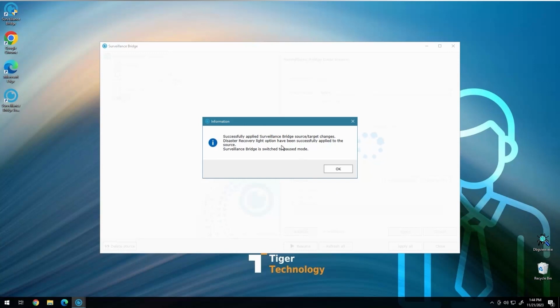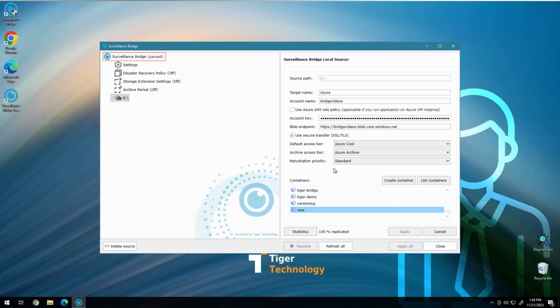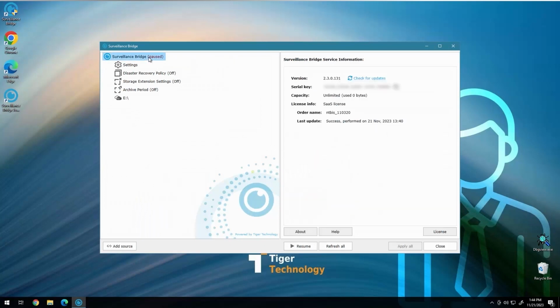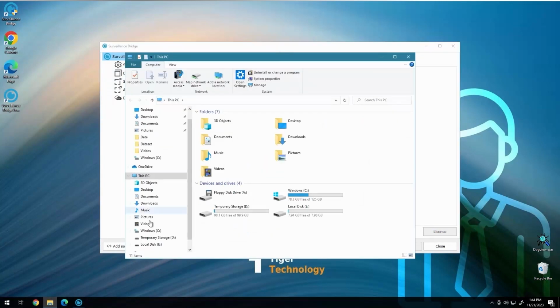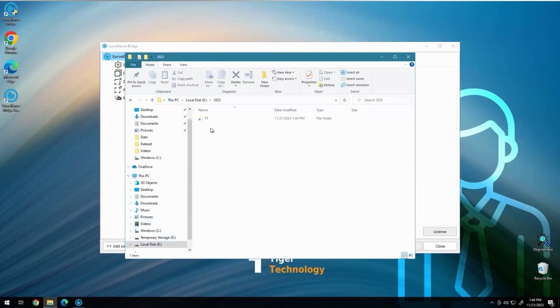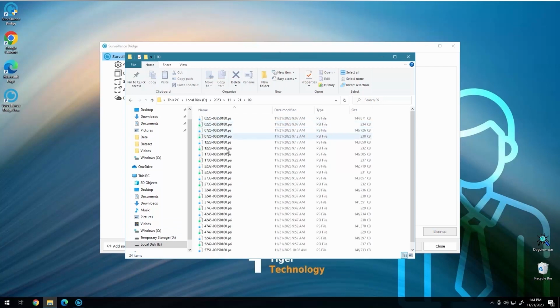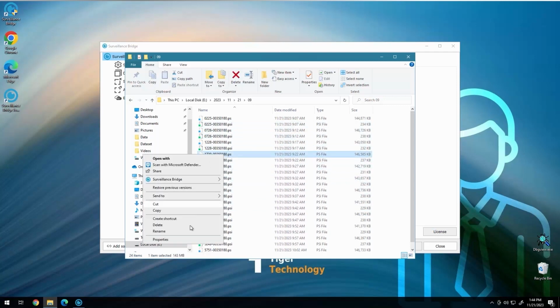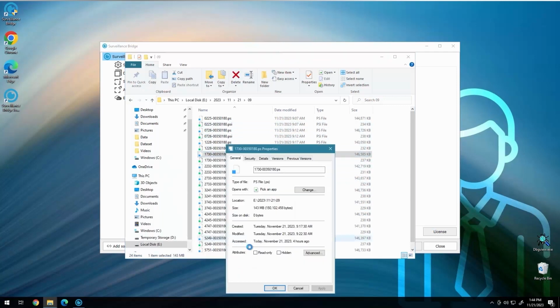Once the configuration is applied, Surveillance Bridge will enter paused mode. Click Resume to continue its work. In a short time, you can see how your recordings start to appear on the new storage volume. Every time your VMS needs some of them, they will be downloaded right away. The rest will remain in the form of 0-byte stub files and not actually occupy any space on the local